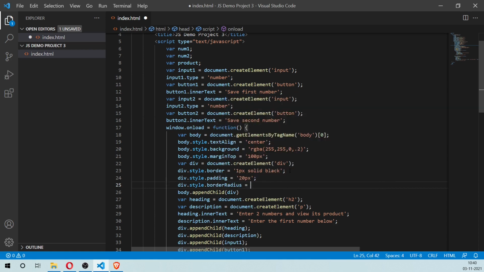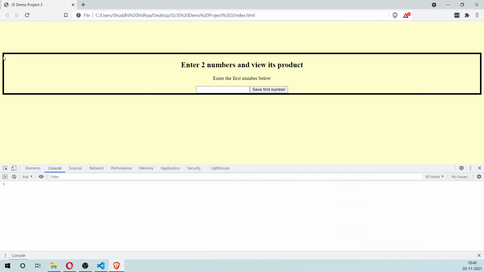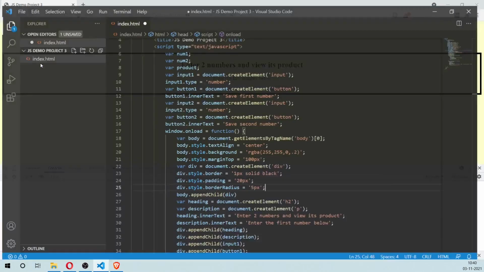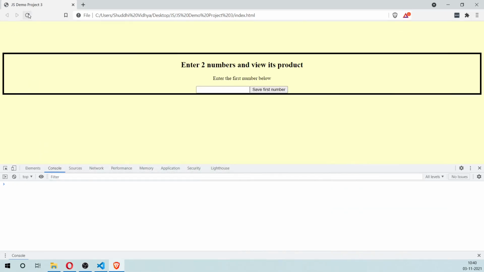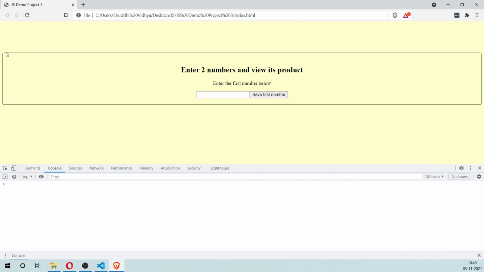Border radius equals, let's say, 5 pixels. What a border radius does is it will round the corners a little bit. Right now it looks very sharp. So now if we save this, it will round the corners a little bit, and that looks a little better.